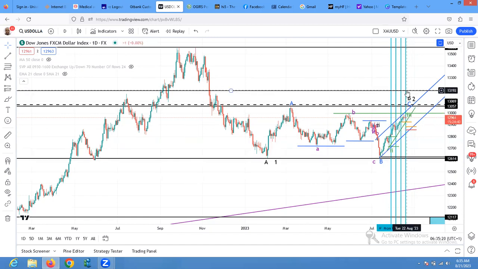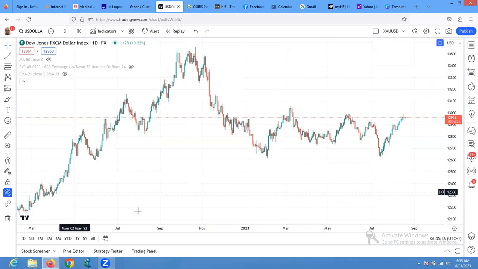I do not expect it to even come here. So these are the areas, because it has gone past 161.8 in terms of a flat, but it can get to 76 or 100 at this point. So let's look into another instrument, which is the DXY, and see,